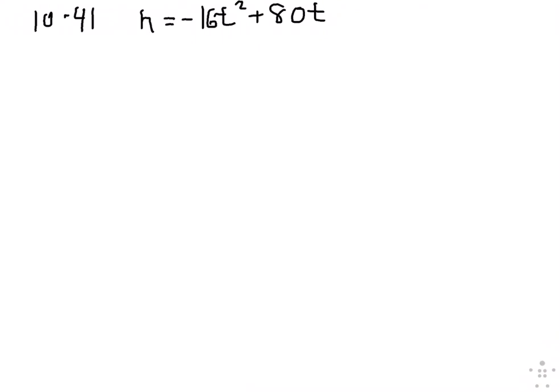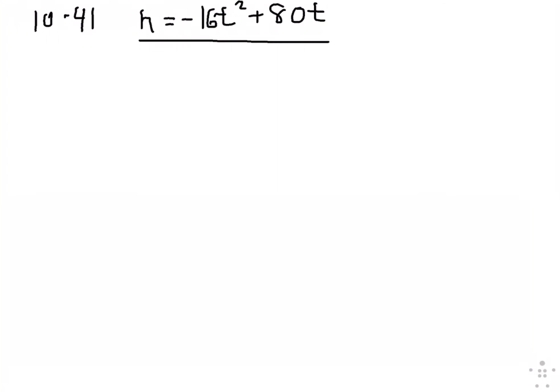Question 1041 is a word problem, and it says that a golfer hits a golf ball, and that golf ball follows the equation h equals negative 16t squared plus 80t, where t is the number of seconds that passes and h is the height of the golf ball. So if we look at this equation, we should by now in the course be able to quickly realize that